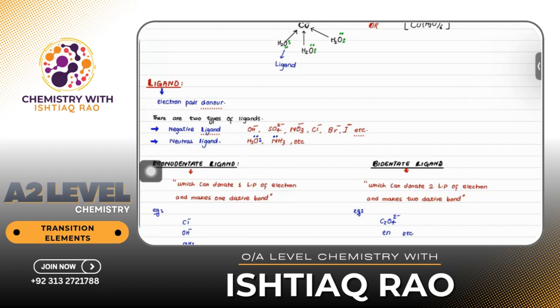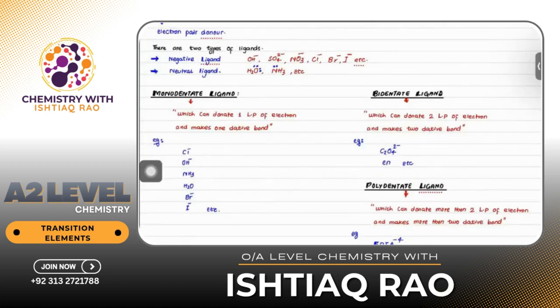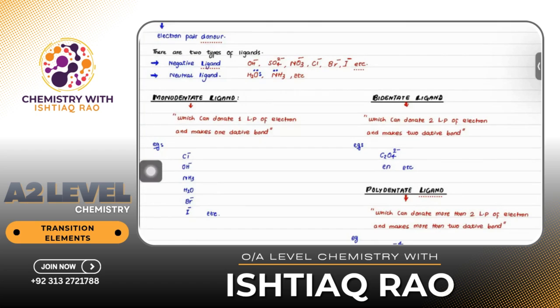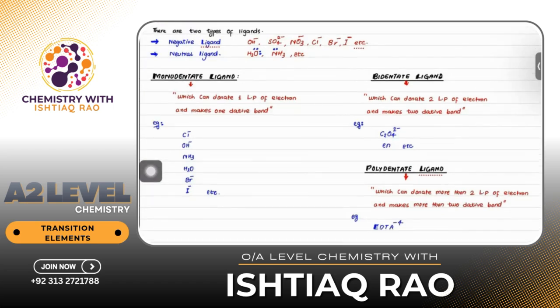Same goes with water, because water also has a lone pair of electrons. Since water has two lone pairs of electrons, while ammonia has only one lone pair, I can say water can act as a ligand as well. Then I told you there are two types of ligand, negative ligand and neutral ligand. Then I told you that on the basis of donation of electron pairs, we can classify a ligand into three categories: